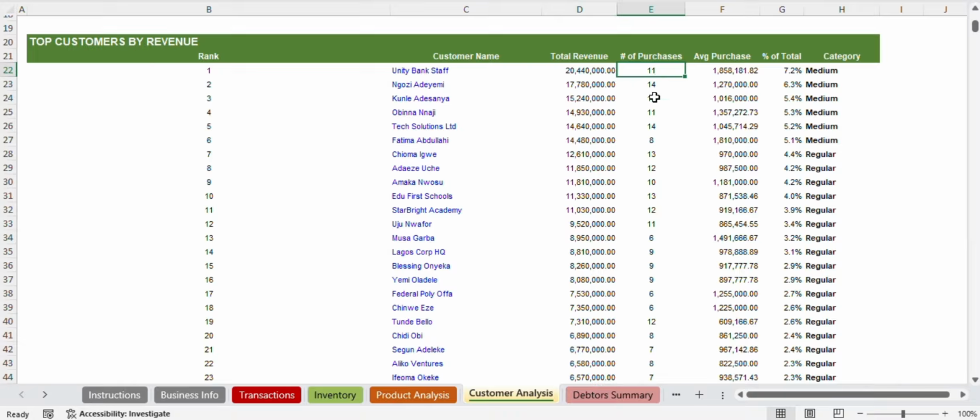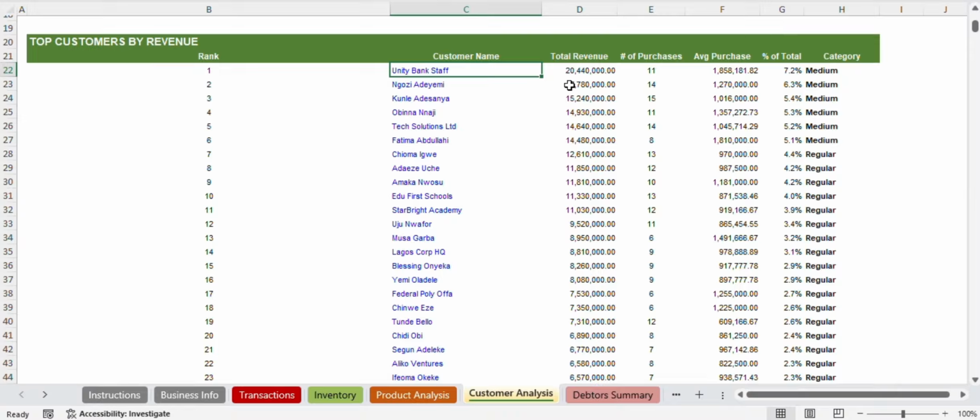But we also have Kunle Adesanya. Kunle Adesanya has purchased 15 times from us. However, when you look at it, the person that has contributed the most to our business is Unity Bank staff because their total revenue is 20 million. Again, like I said, frequency does not necessarily mean impact in your business. But of course, Kunle is among the top three,